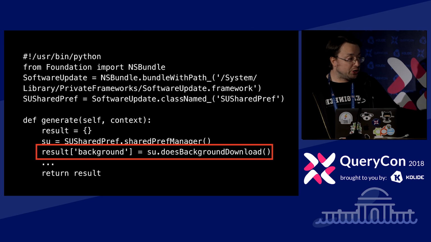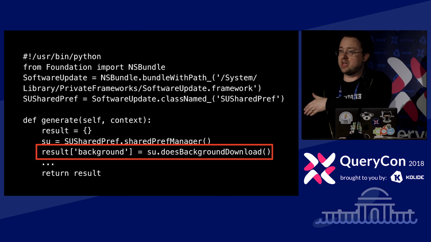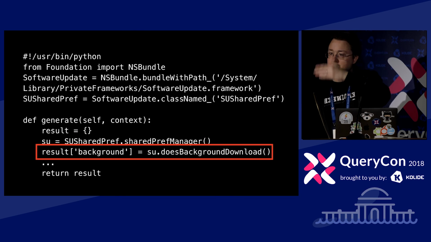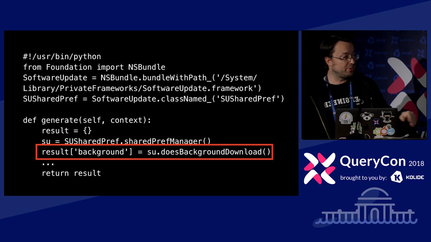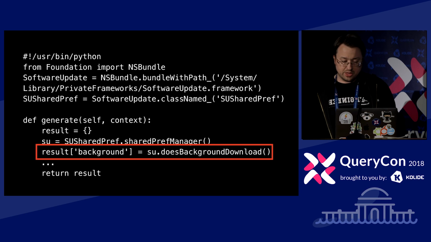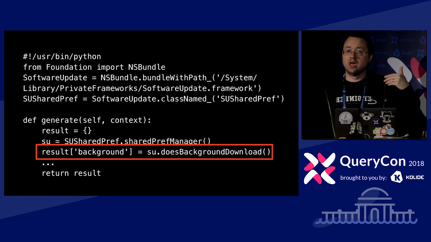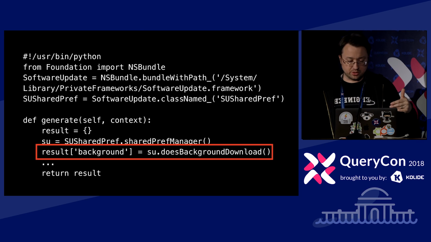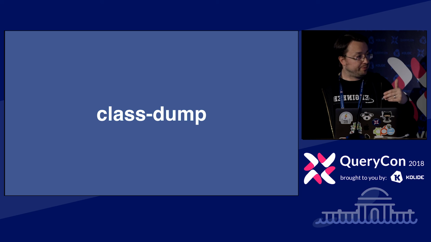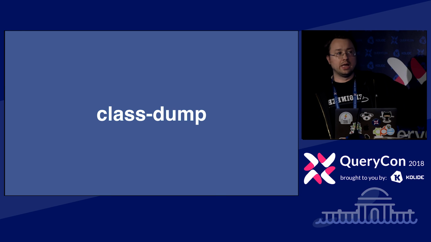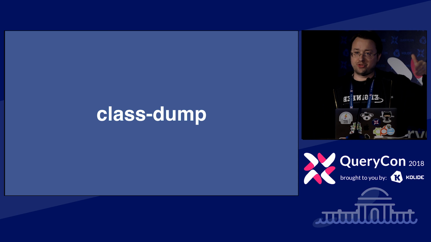And then we can literally pull those exact same facts that the preference pane did, going line by line for all the things that they do that are checkbox. We can go and call those exact same things. Does background download? It's just a method on the class, and we get back a true or a false, and that's our checkbox. So we can actually use the class dump tool and aim that at this framework,